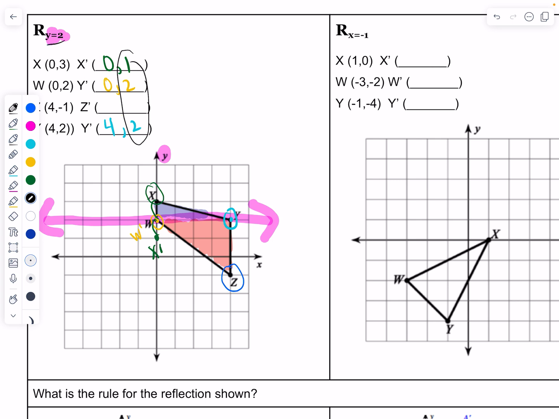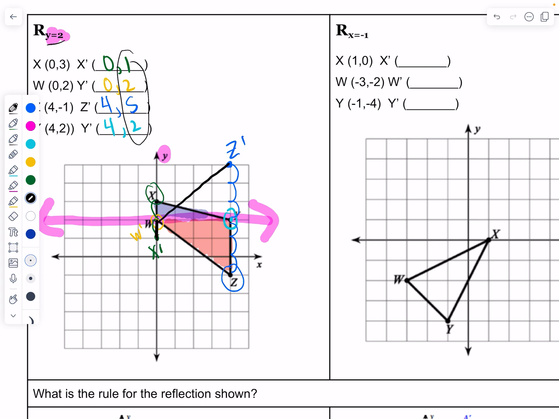Okay. All right, let's look at the blue one. So light blue, Z is 1, 2, 3 below the line. So that same level, 1, 2, 3 above the line. There's Z prime. It's now on the other side. That is going to be at the point 4, 5, I believe. Let me double check. 1, 2, 3, 4, 5. Yes. Okay, so connect those dots and make sure that we get that same shape that is just flipped over